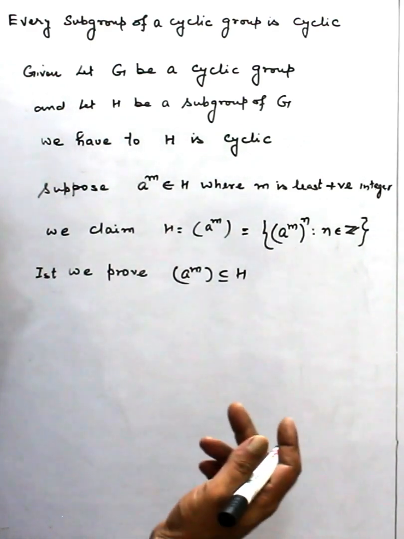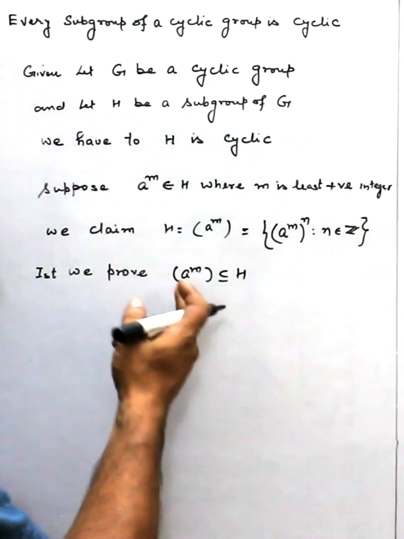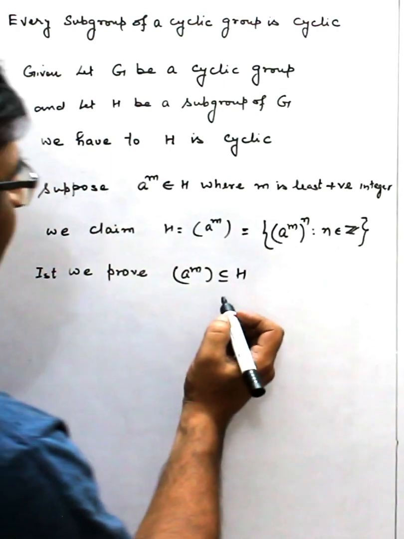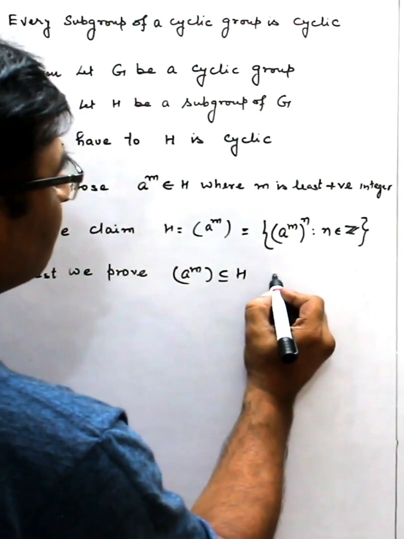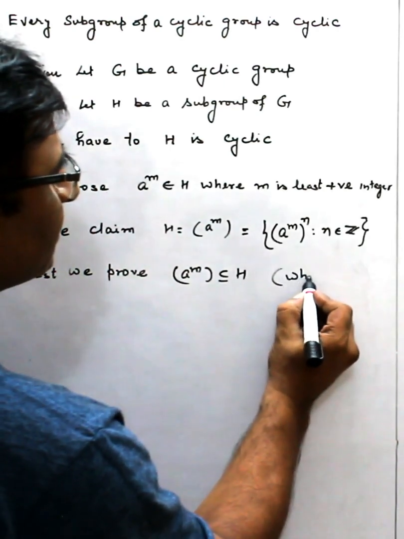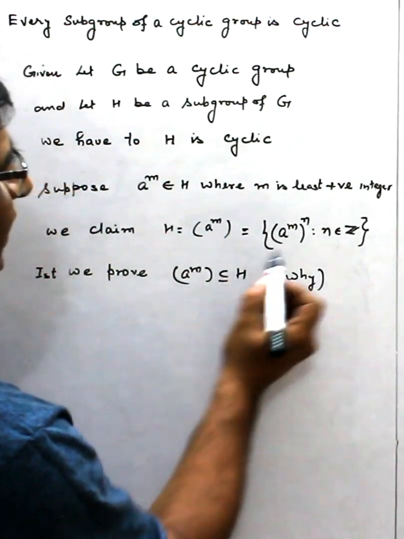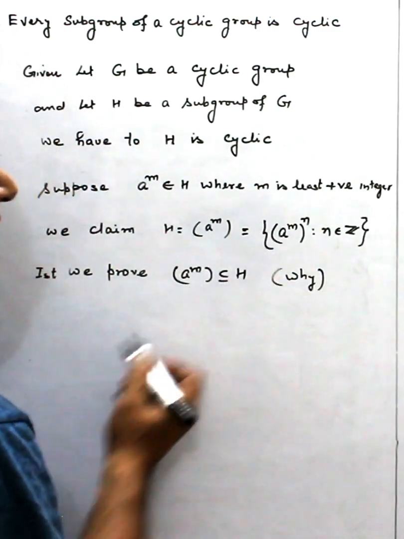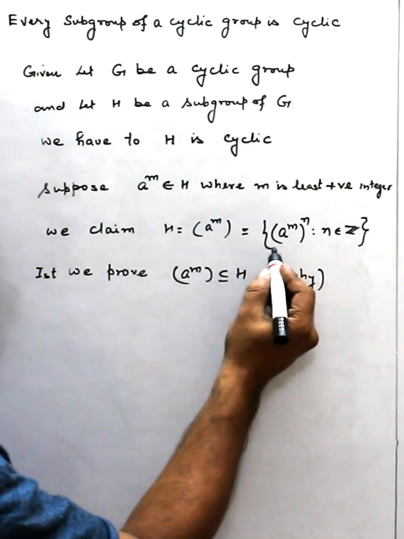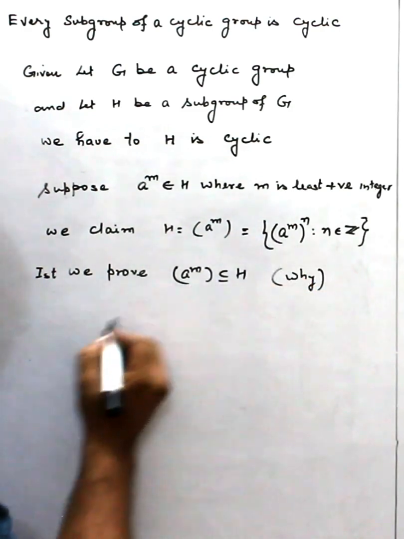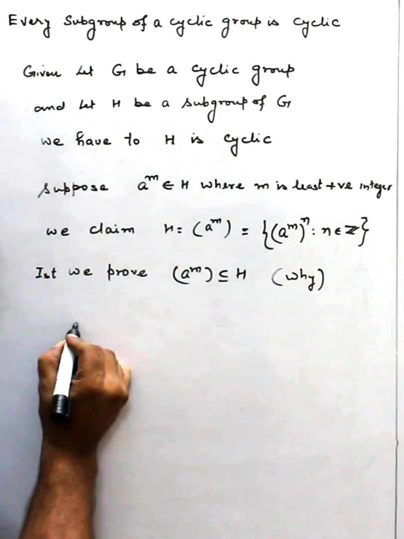So by the closure property, we can say this has elements of this type, and this expanded form I write like this: